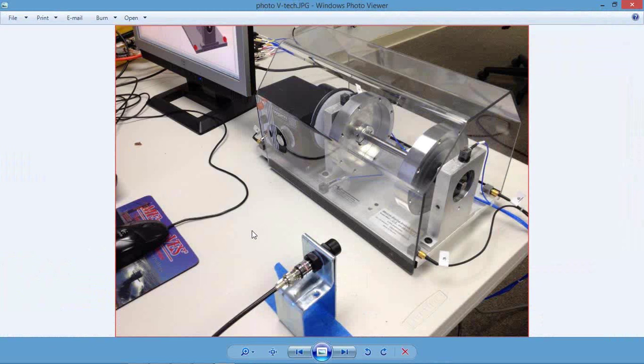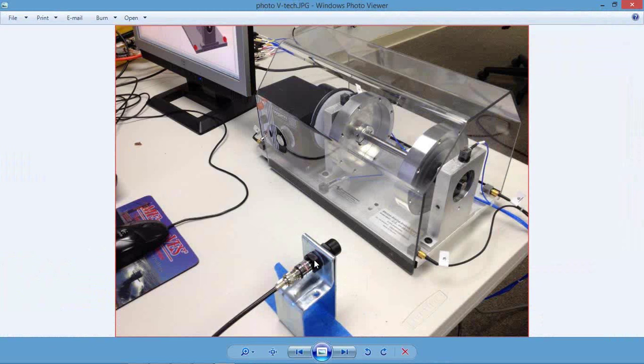So here's a picture of the machine. You can see down here there's a tachometer. This is a laser tach that's shining on this disc rotor, and the disc rotor has a reflecting piece of tape on it. And then there's 8 triaxial accelerometers on this that we mounted on here. You can see 3 of them here, and then there's one on each of the bearing blocks. They are recording vibration data in 3 directions. So we got 3 times 8 or 24 channels of data plus the tachometer signal. So we've got 25 channels of data coming into the front end of